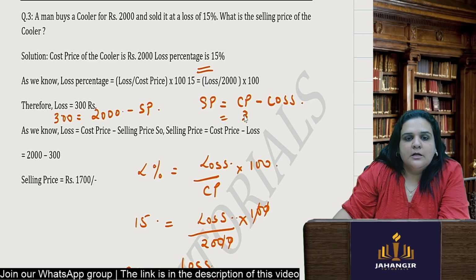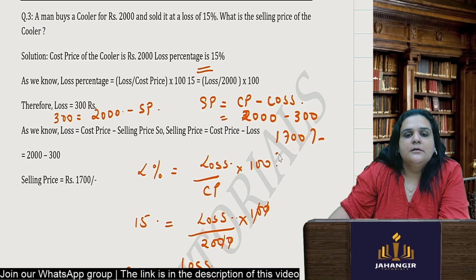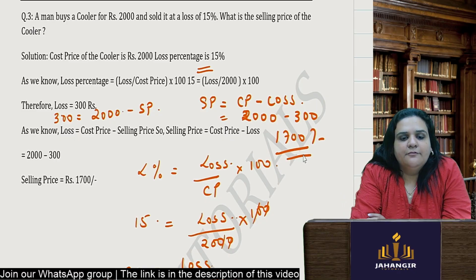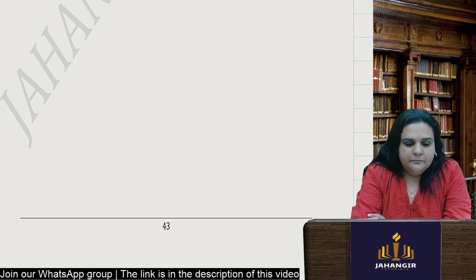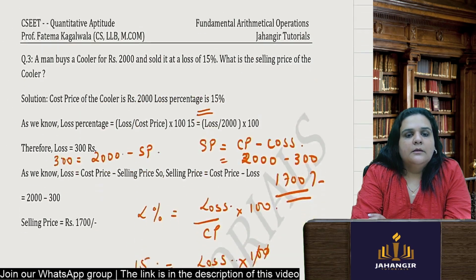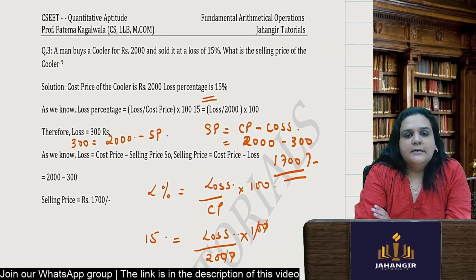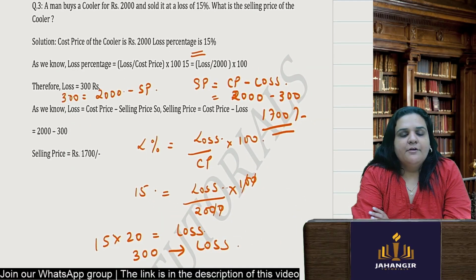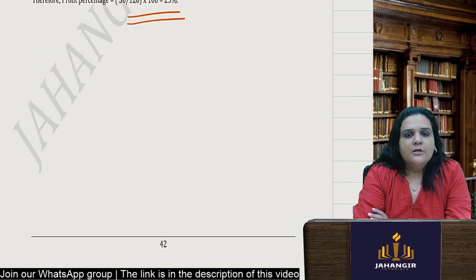Cost price is 2000. Loss I found is 300. So I sold it at 1700 rupees. Only then I got a loss of 300. Clear? So these are the type of questions which you can have for the profit and loss section of